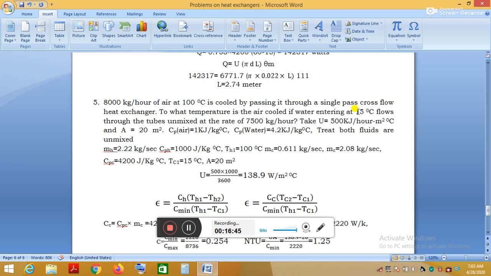In a heat exchanger, if the number of temperatures given is less than or equal to 2, that means out of 4 temperatures, if only two temperature values are given, then the problem can be solved using the NTU method or effectiveness method. If the temperature values given are more than 2, that means 3 or 4 temperatures were given, then the problem can be solved using the LMTD method. Here in this problem only 2 temperature values were given, therefore the problem can be solved using the NTU method or effectiveness method.